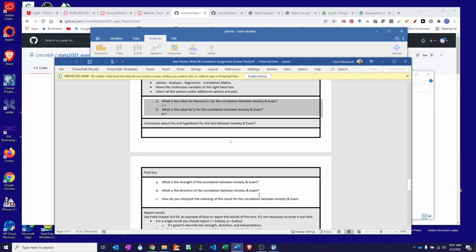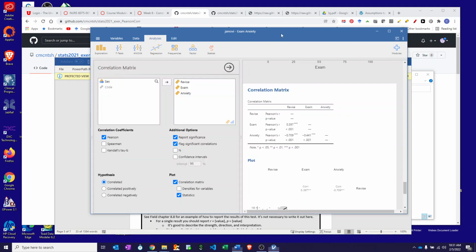What is the direction of the correlation? That's definitely negative, meaning that as anxiety goes up, exam goes down, or as exam goes up, anxiety goes down. You can state it either way, but that is the way they're set up. One caveat here is this anxiety measure was a psychometric instrument, so you would definitely want to go verify how that is set up,